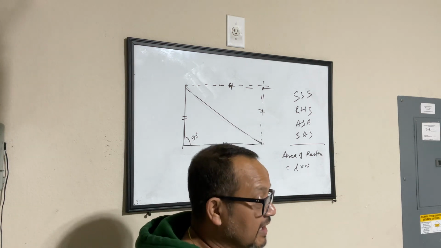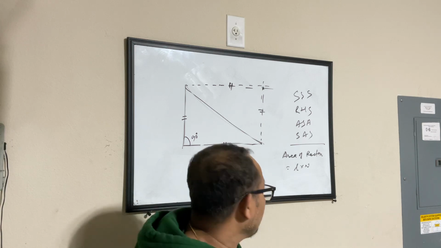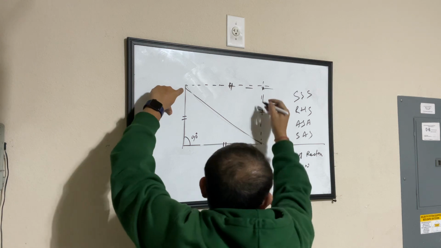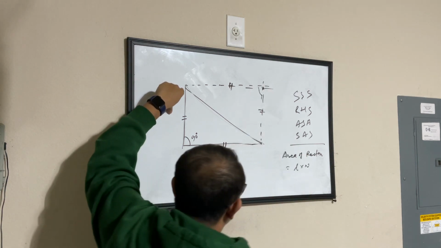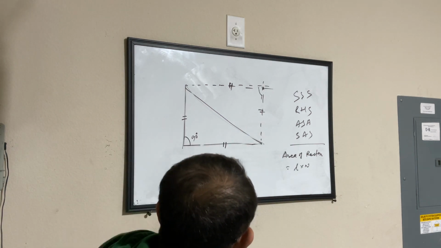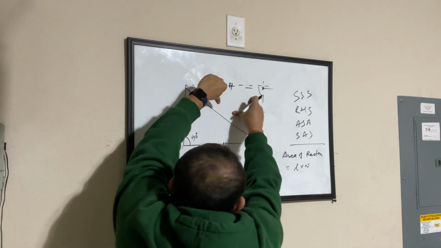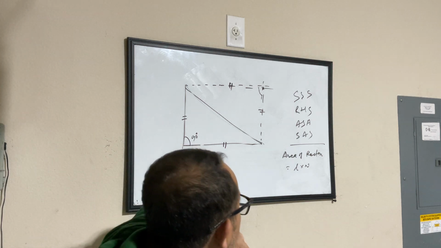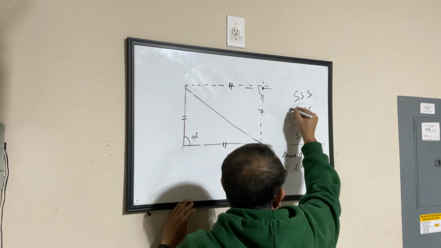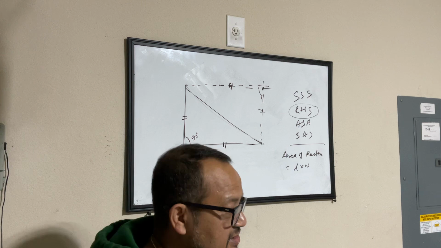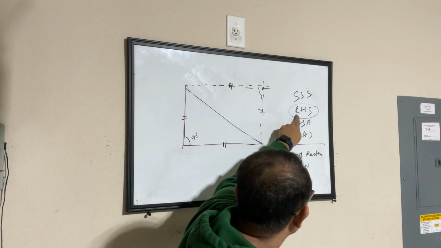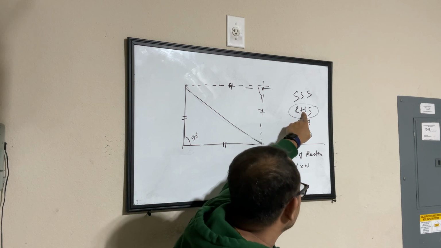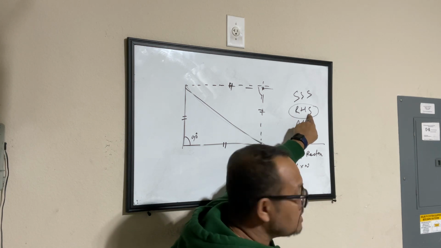I'm still saying parallel, I did not say equal. Why? Because I'm saying that this is a right angle triangle, and by drawing parallel lines, this is also a right angle triangle. And I'm trying to figure out if this right angle triangle and this right angle triangle have the same area or not. And this is where, when you're dealing with right angle triangles, the theorem of congruence, RHS, says if the hypotenuse of both the right angle triangles is the same and one of the sides is the same, then